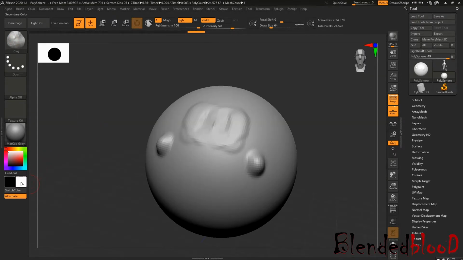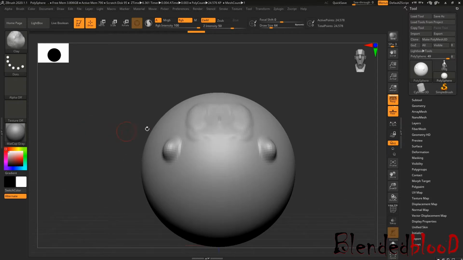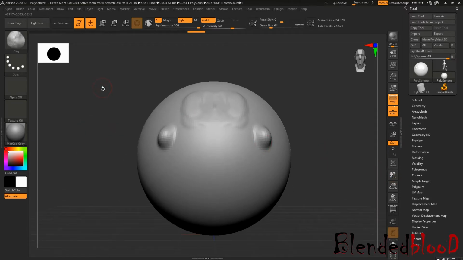If you can see, there is a two-color palette, foreground and background. Same thing with ZBrush, the brush palette is three. This one is primary. If you press Shift, just see, automatically the brush palette is changed. If I press Control C, again that is changed, right?